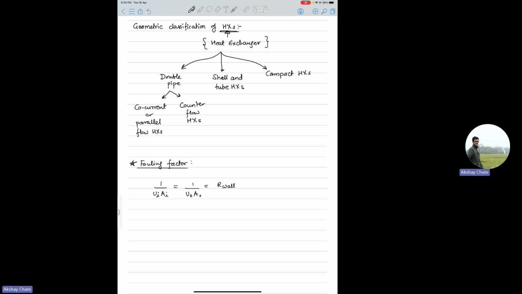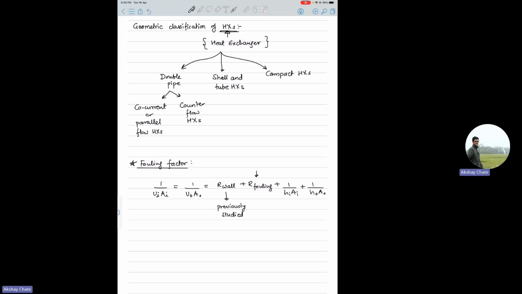And then you'll have resistance offered by the wall of the heat exchanger tube or pipe. Then there will be resistance offered by the fouling, thermal resistance we are talking about. And then there will be the usual convective thermal resistances because of the convection of the fluid inside and outside the surface area of the tube. We have studied previously how to calculate wall resistance, which depends on the geometry. Typically it will be a concentric cylinder, so ln(r2/r1) divided by 2 pi k L, and this fouling factor is